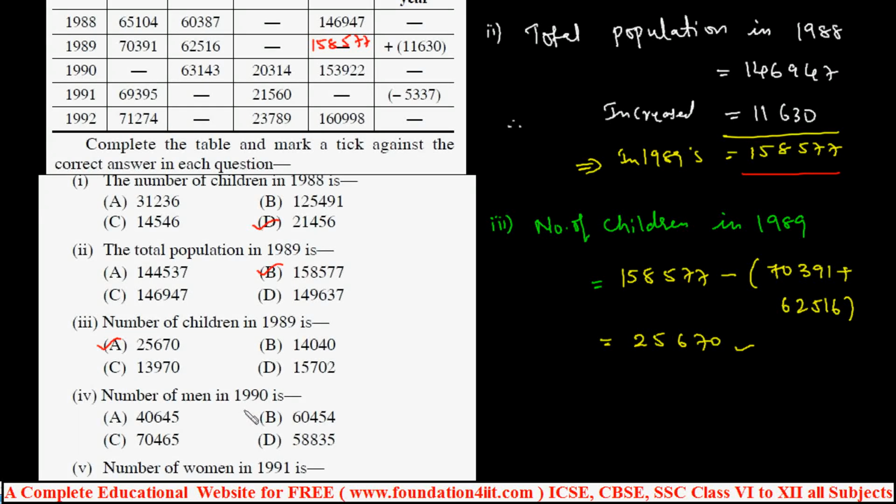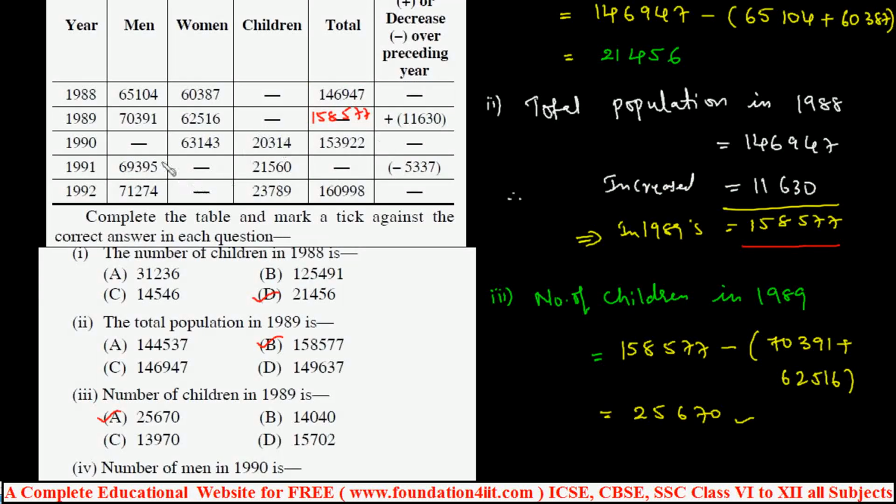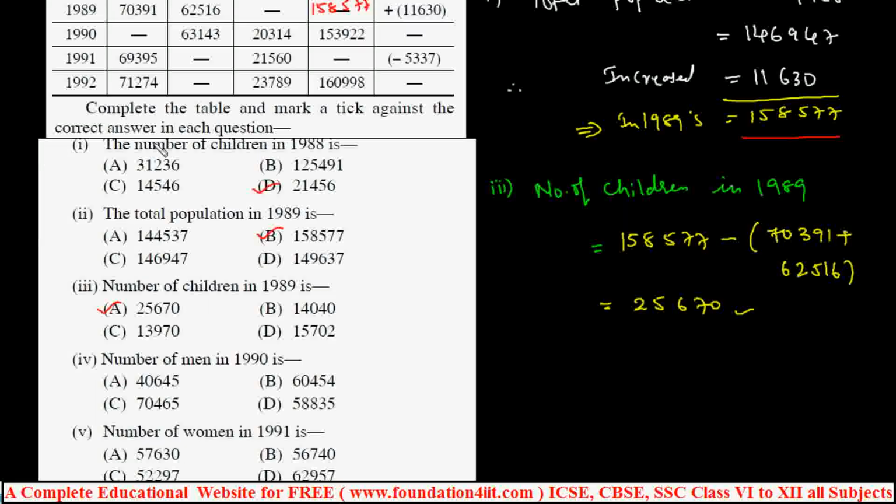25,670, right? Next one, number of men in 1990. In 1990, number of men they asked. This is also simple, right? From the total subtract the women and children's population, remaining we will get. That is 1,53,922. So to get this,